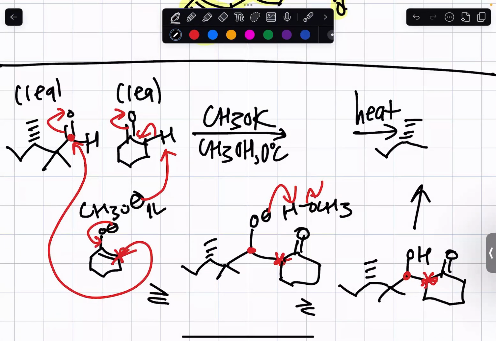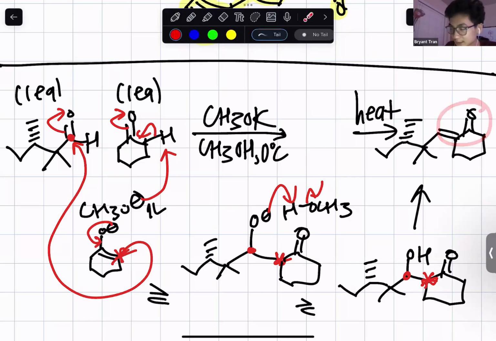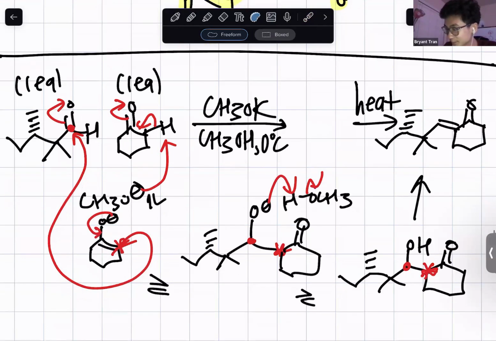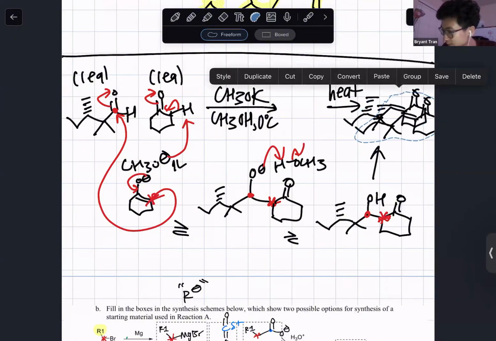We copy paste and get rid of the alcohol, put a double bond between the star and dot to create us this alpha beta unsaturated carbonyl, like that. Okay. Now this is just homework for tomorrow's office hours. With this alpha beta unsaturated carbonyl that we just formed, she can give you another reaction,